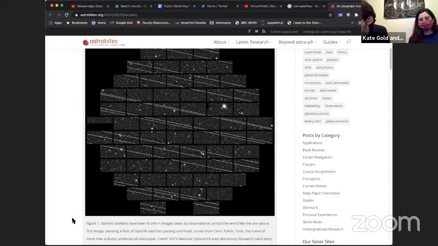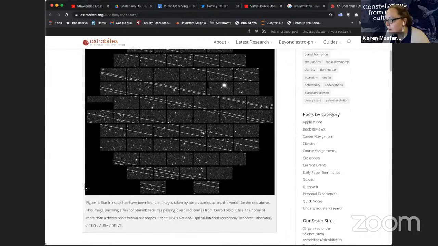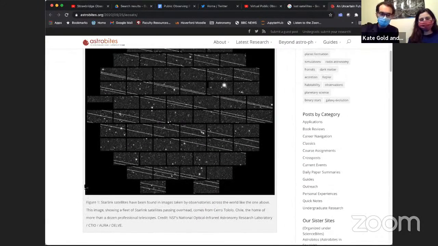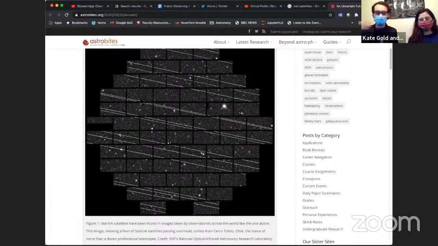This is an exposure of, do you know how long of an exposure this is? I don't, but I can look it up. What we see here is each one of these lines: as a telescope is taking the image and has the shutter of the camera open, every time a satellite passes, it creates a streak across the screen. And anything you're trying to observe behind there for doing science is unusable.